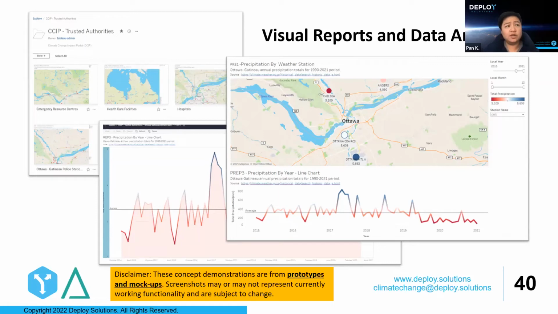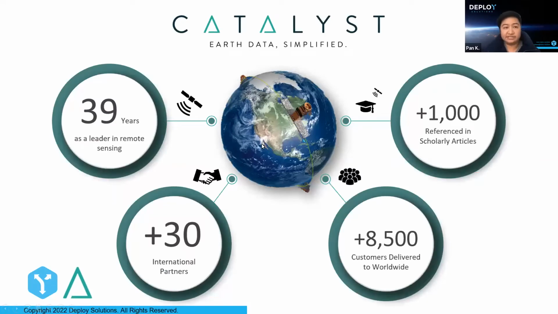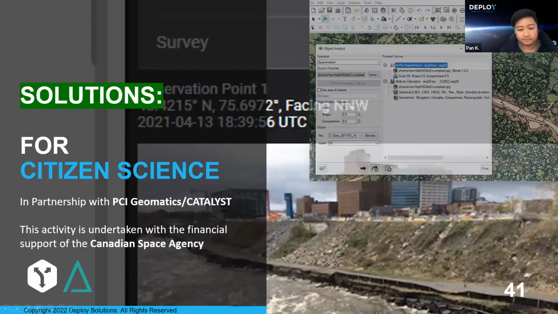So for example, in this case, we took historical precipitation data sets from weather stations in the Ottawa-Gatineau region and produced a simplified visual report and also made them available for data scientists. I will pass this on to Peter to show you more about what we can do with the citizen observation data.